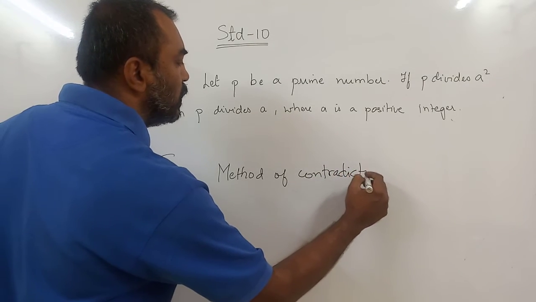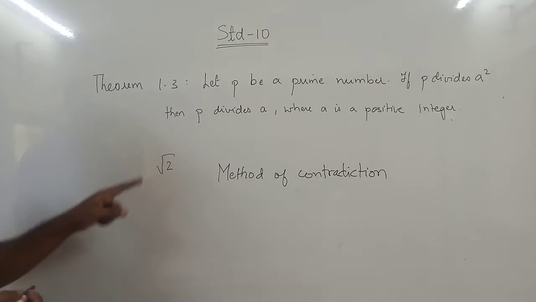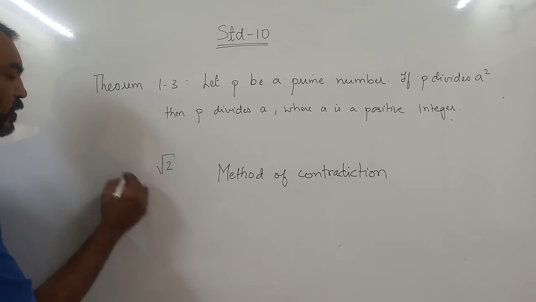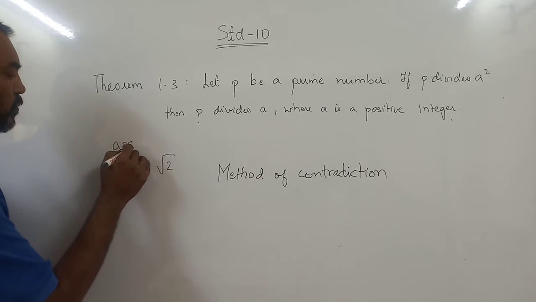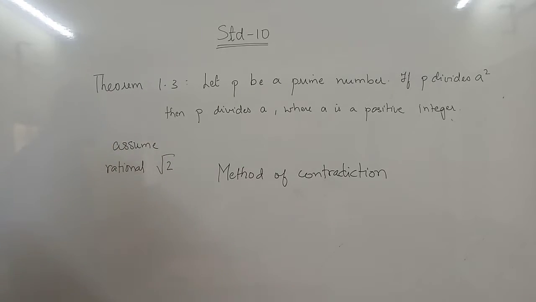What does contradiction mean? Exactly the opposite. So I say root 2 is a rational number. Okay? We assume root 2 is a rational number. So if it is a rational number, it should follow certain mathematical rules. But if those rules are false, it means our assumption is also false, that it is rational, and so it is irrational. So this is called the method of contradiction. So let us now do the method of contradiction and prove that root 2 is an irrational number.